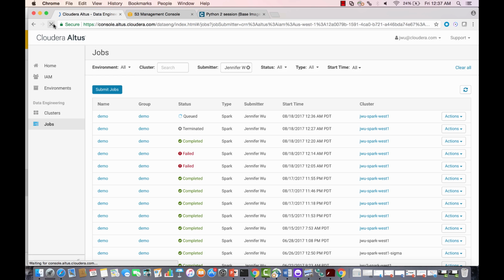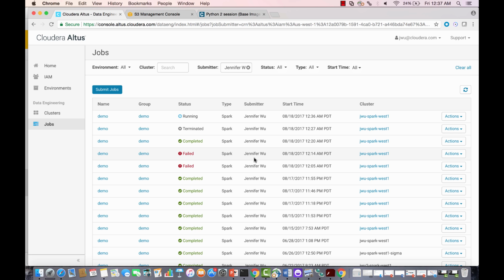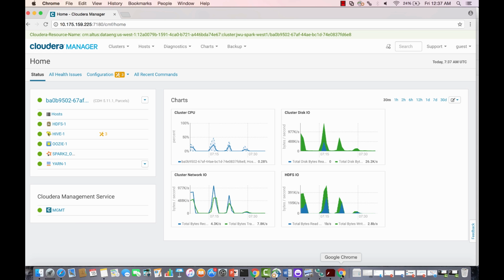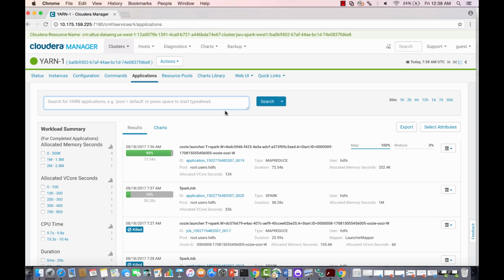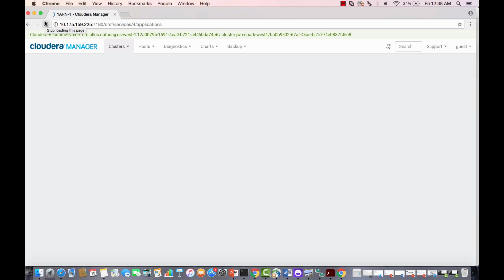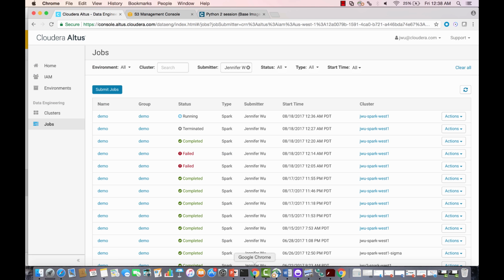So now if we look back at the Cloudera Altus console, we can see that the job is running. And if you want to view the state of the job, you can simply use the Cloudera Manager that is on that cluster and view the state of the application. Here you can see that the application is in flight. Now the application has completed, and you can go back to the Cloudera Altus console